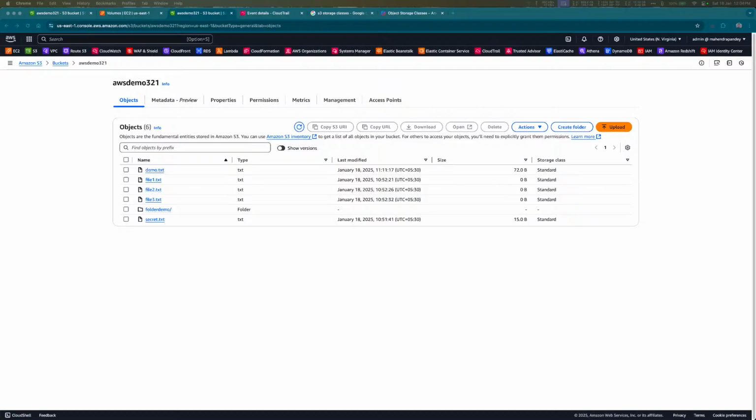Okay, moving on to the next part. Since we were talking about redundancy, One Zone-IA and all, why not talk also about the availability factor, wherein the bucket that you have created